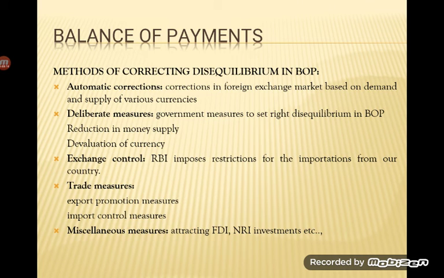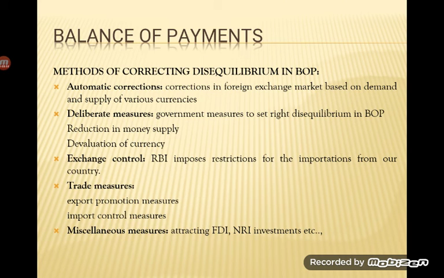Then we have devaluation of the currency. Devaluation is the reduction of the currency value against foreign currencies by the government. Here the valuation of the currency is not automatic. It is not based on the market forces of demand and supply, but is mainly because of a deliberate action taken by either the monetary authorities or the government in order to safeguard the value of the domestic currency. So that is what is called devaluation.